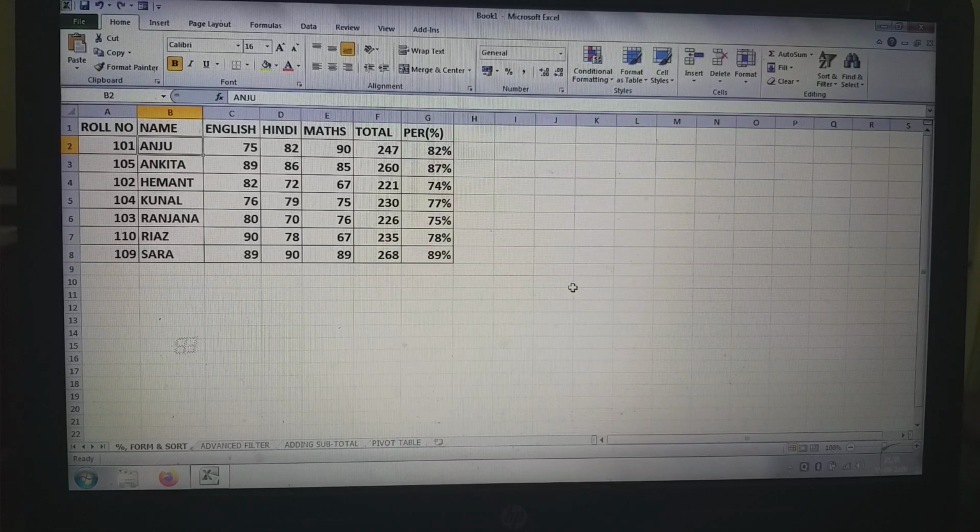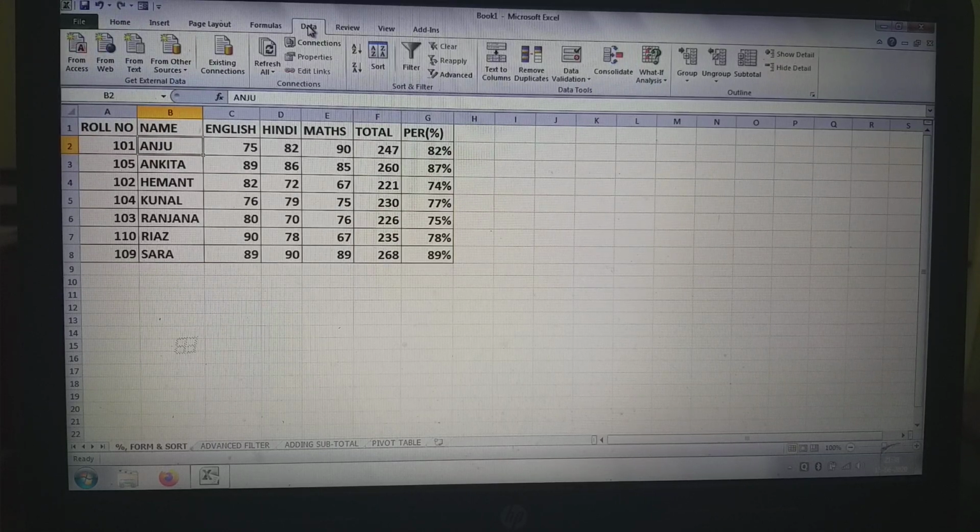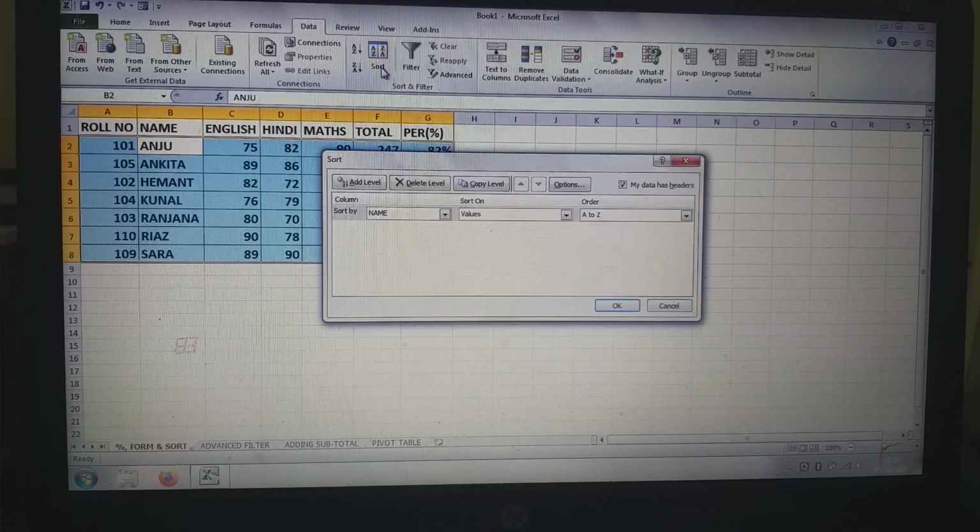Now see, to sort, click on any cell. Suppose we have selected cell B2. Now from the Data tab, select the sort button. The entire database will be selected and the sort dialog box appears.